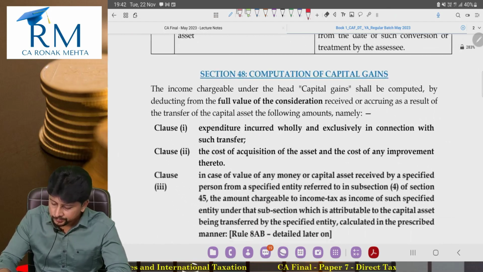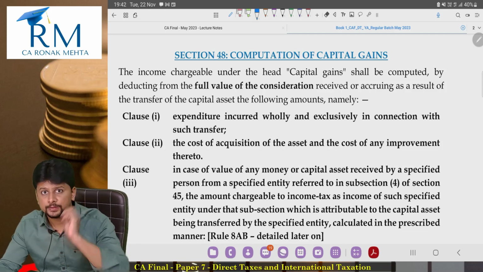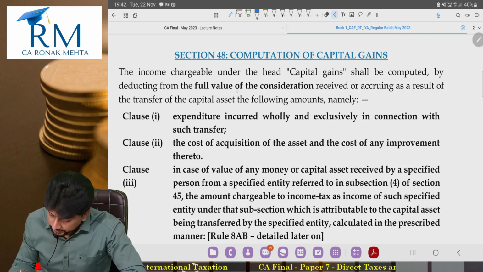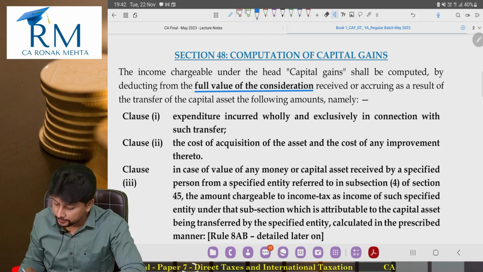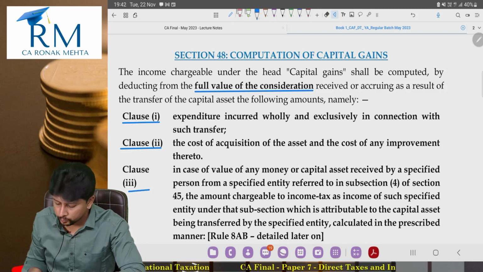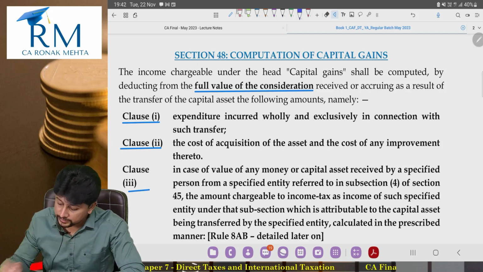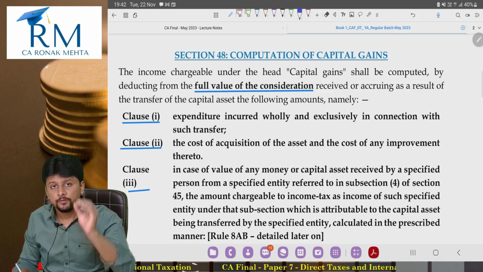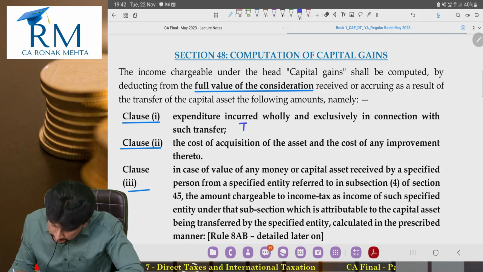See this. The income chargeable under the head capital gains shall be computed by deducting from the full value of consideration received or accruing as a result of transfer of the capital asset the following amounts. Clause 1, clause 2, clause 3. What is clause 1? Expenditure incurred wholly and exclusively in connection with such transfer. You are incurring some expense which is fully, exclusively, only in connection with transfer. Let's call this in simple wordings